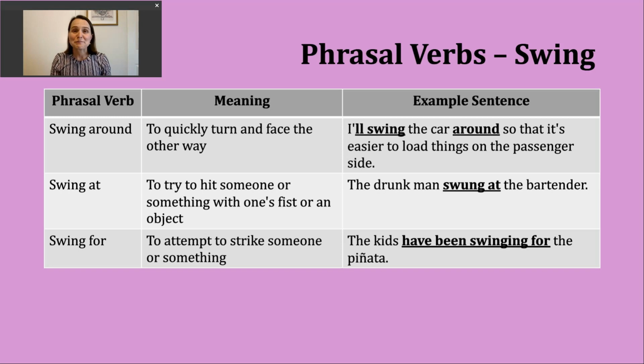A second phrasal verb you might hear is swing at. This means to try and hit someone or something, and this hitting might be with a fist, right? So closing your hand, that makes a fist, or it might be using an object. An example of this: the drunk man swung at the bartender. So this is probably a meaning with a fist. So we have someone who probably isn't thinking very clearly because he has been drinking and now he's trying to